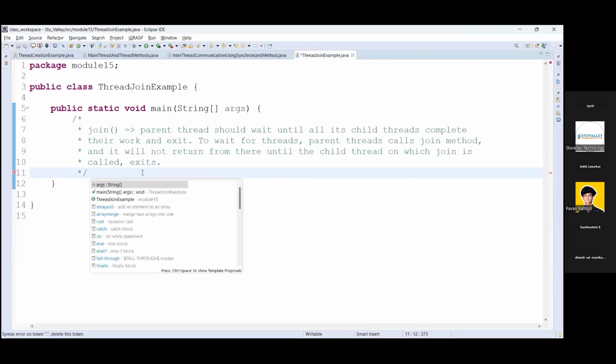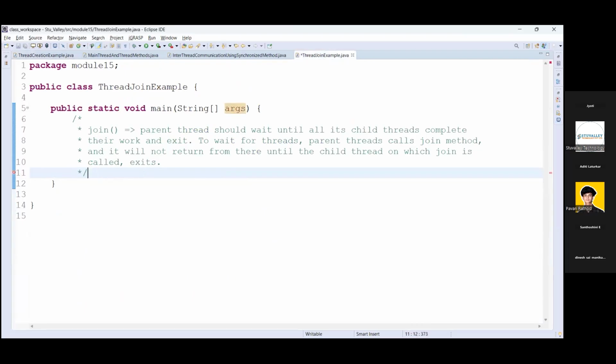The join method is used basically so that the parent thread waits until all its child threads complete their work, and then it exits. So when the parent thread calls the join method, it will not return from there until a child thread completes its execution. That means we are joining the threads together. Okay, so we'll create the objects of the same methods.